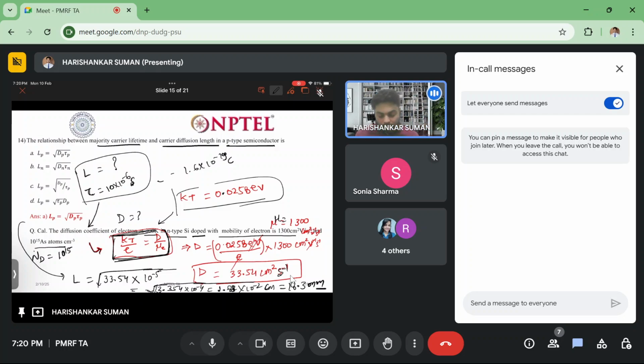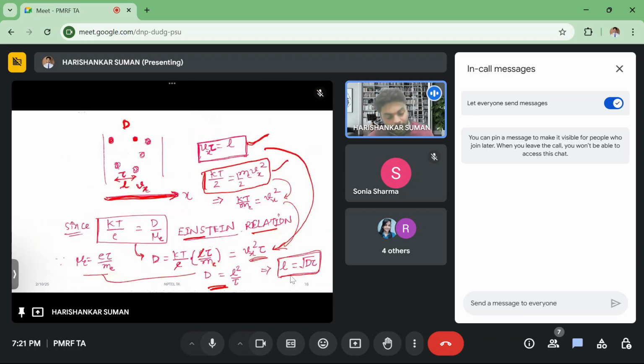This is a hypothetical question: diffusion length. Okay, so this type of question may be asked, so be ready for this type of question. Okay,